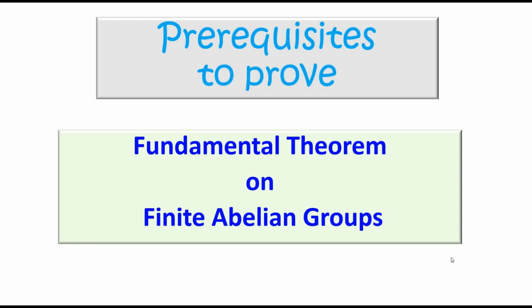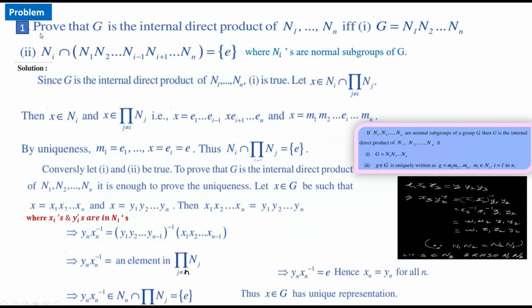So in this video, we'll have prerequisites to prove the fundamental theorem on finite abelian groups. First, we have this problem in which we have to prove that G is the internal direct product of N1 etc. Nn if and only if the first condition is G is the product of N1, N2 and so on Nn, and the second condition is Ni intersection this product without this Ni is singleton {e}, where the Ni's are